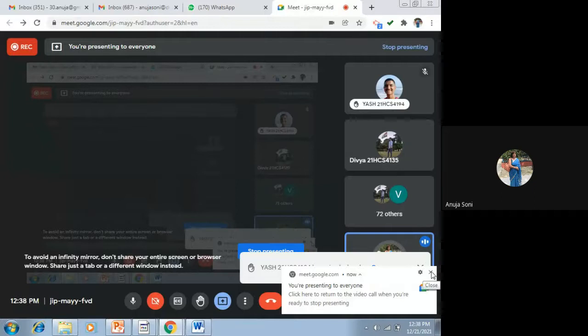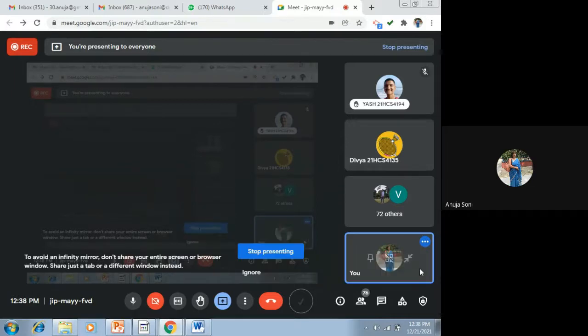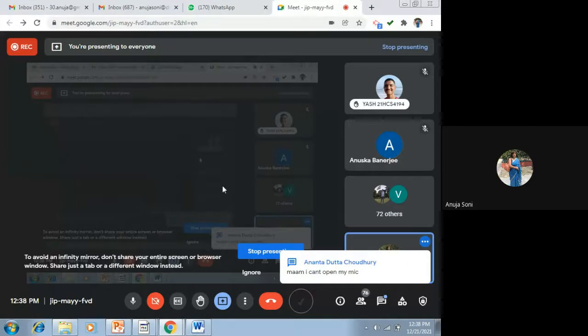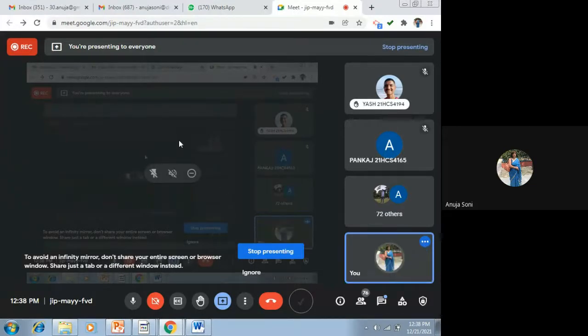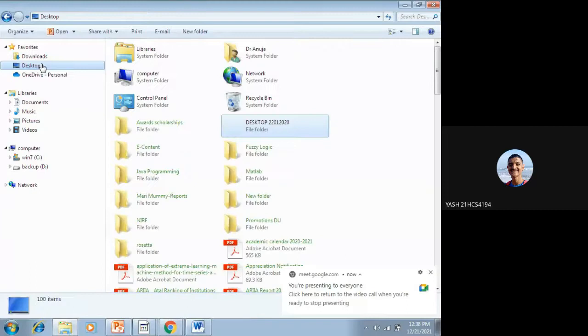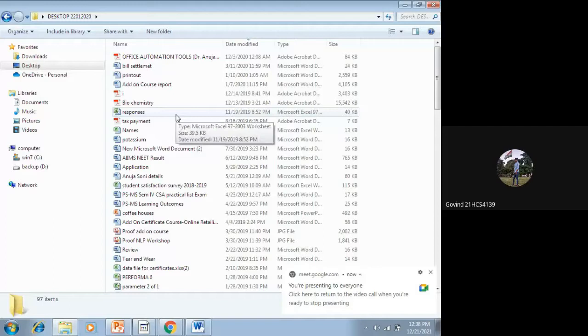Ananta, will you be able to solve it? Explain it. Ananta, will you do it? Should I tell it to Yash? Ma'am, his mic is not turning on, you ask Yash. Okay beta, Yash, you do it. Okay, can you write the question in the chat box? Just write the numerical value. Govind, yes.